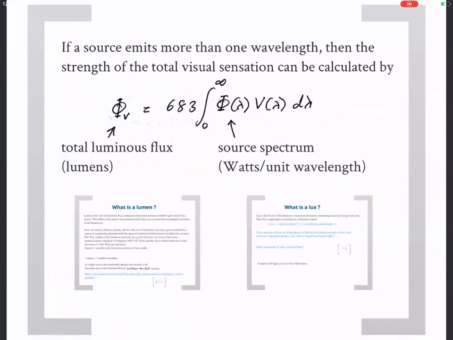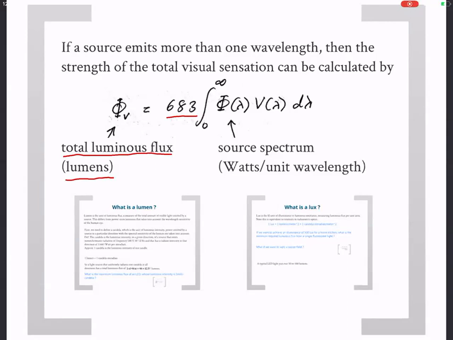So moving on, we know that most natural sources are not lasers. They emit at many wavelengths, right? Not just a single wavelength. So since sources emit at more than one wavelength, to estimate or calculate the strength of the visual sensation, you need to do an integral. So the total visual sensation is represented by something called the total luminous flux, whose units are lumens, which we will see shortly. And that is computed by this constant 683, again, just a normalization constant, integrated from 0 to infinity